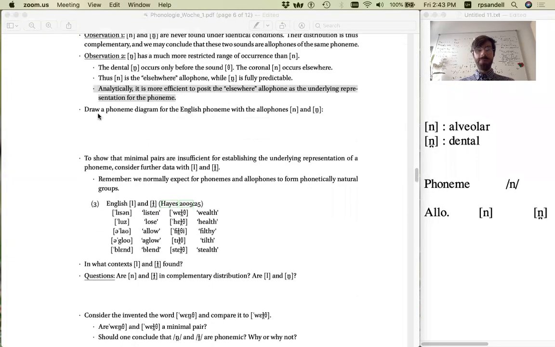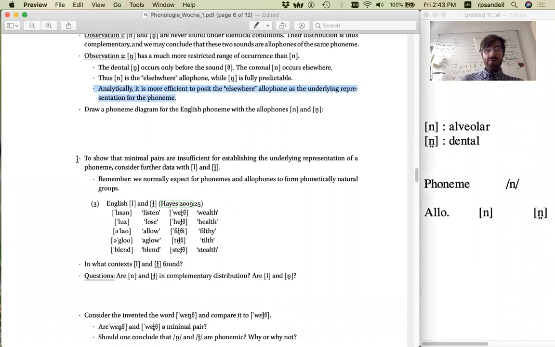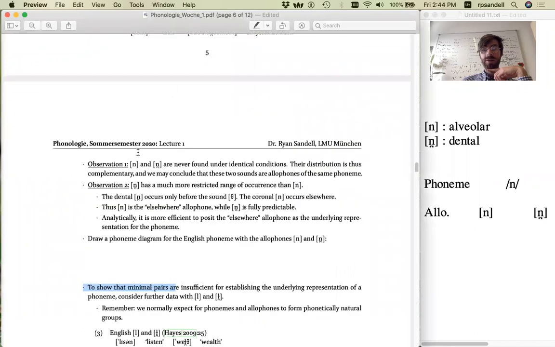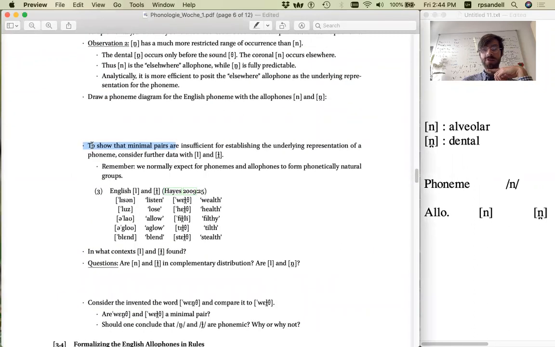So now, what becomes tricky is that we want to try to show that minimal pairs are indeed insufficient for establishing the underlying representation of a phoneme. That was a point we made earlier after we looked at our first group of minimal pairs above. So let's consider a little bit of further data which contains